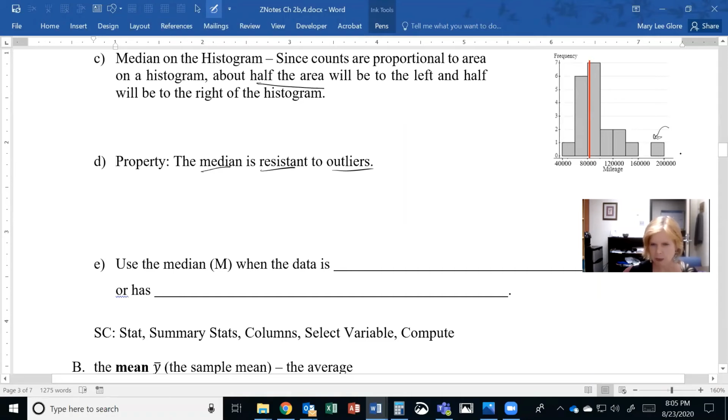I'm going to throw it out. It is not going to change the value of the median that much, because removing an outlier, even an extreme outlier, even if that was 300,000 miles, some crazy mileage, in this particular data set would just shift